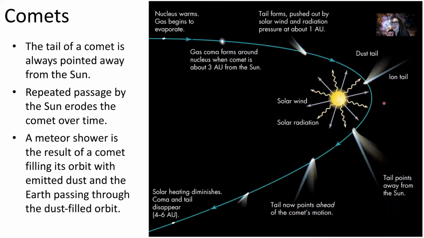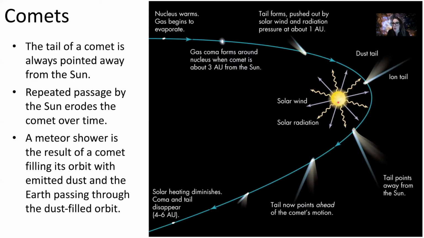The cool thing about comets is that their tails are always pointed away from the sun. Why is that? Well, here we have the sun, and here we have a comet coming out from very far away, and it's going to come around and make its closest approach to the sun. So remember, comets have orbits that are the most elliptical orbits of objects in our solar system. So this comet is going to come around, make its close approach to the sun,